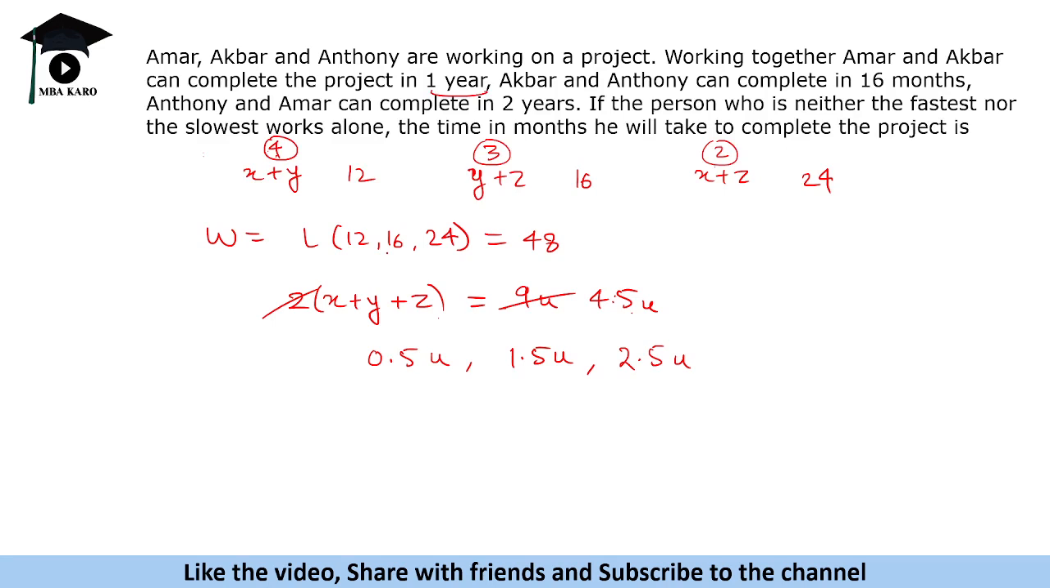Now we need to find for the person who is neither the fastest nor the slowest. So we need to find for this person how much time will this person take to complete the work. So the total work is 48 units and he is working at 1.5 units per month. Okay, so 48 divided by 1.5 is 32. So the answer will come as 32 months. Okay, now this name was not important here, so that is one thing one needs to keep in mind, otherwise you would have taken more time to solve this because you would be trying to find who that person is. Okay, all right,